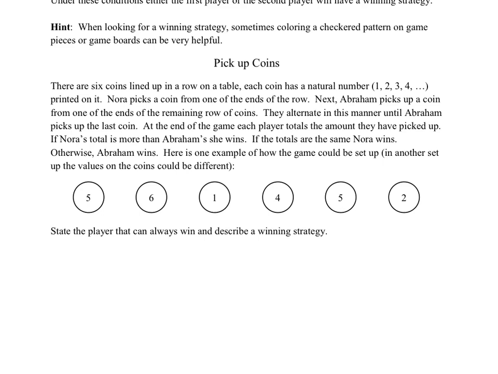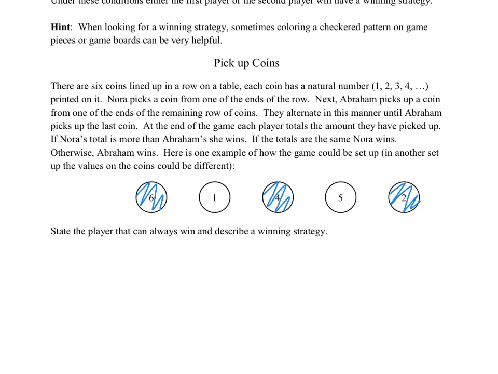Okay, so if we're ready for the solution, the first thing that we're going to do is checker the coins. Okay, so I've chosen to checker the coins blue and white. Now, on Nora's first turn, remember Nora has to take from the end either the 5 or the 2. If we ignore the numbers for the moment, ignore the 5 and the 2, Nora can either take a blue or a white. Let's say, for example, Nora says, well, the 5 is bigger, I'll take the 5.